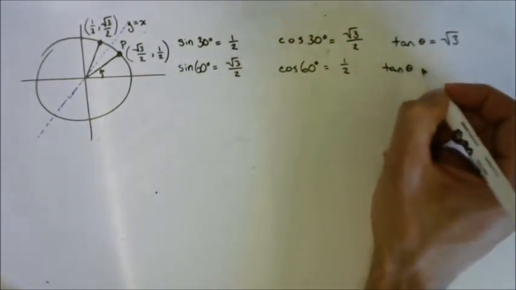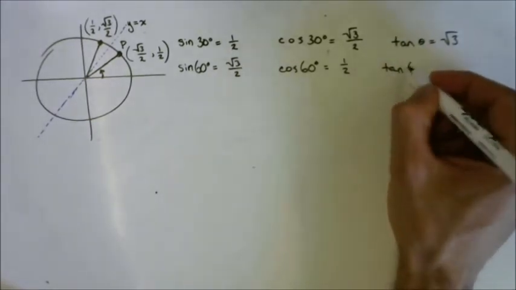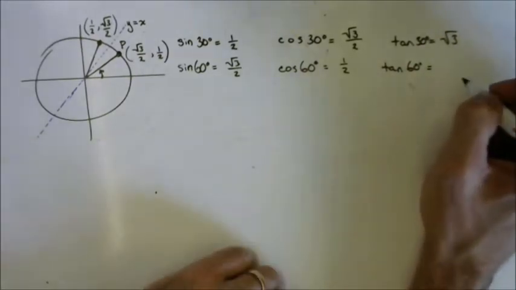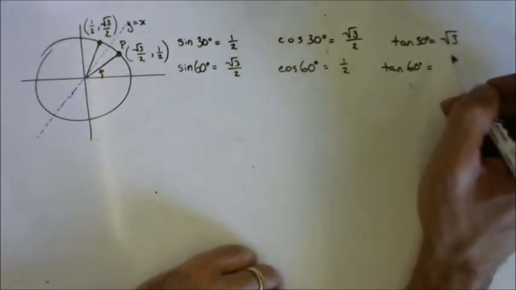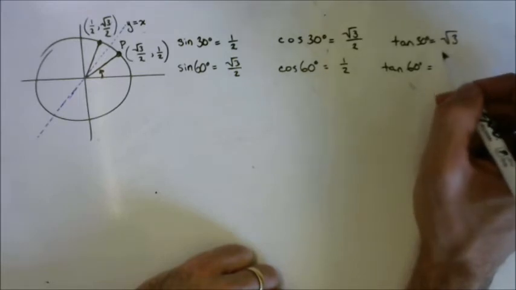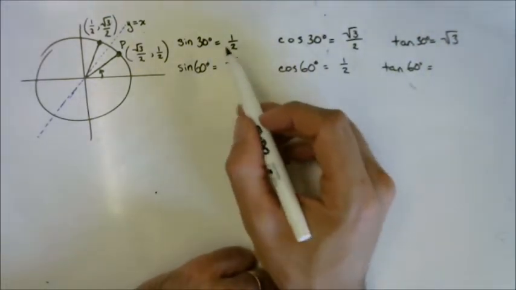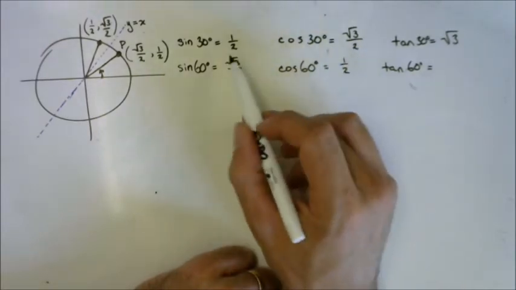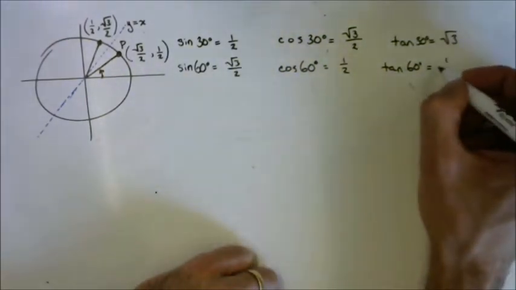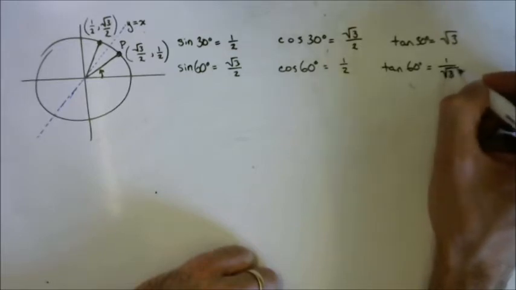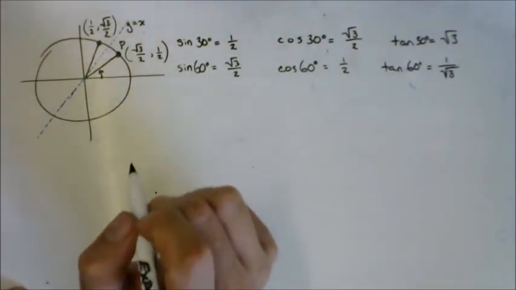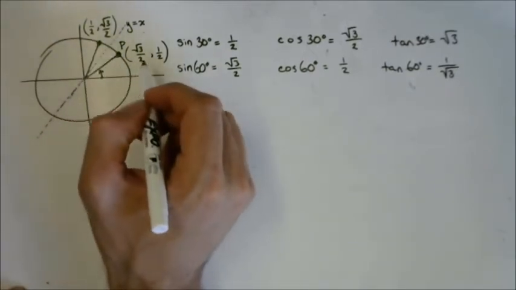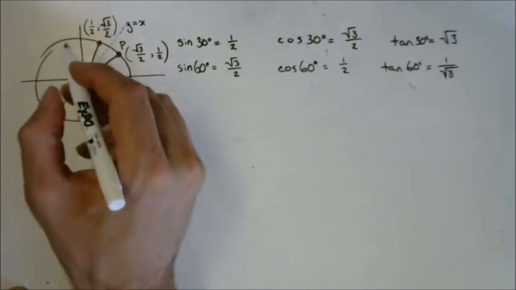And now our tangent of theta, or our tangent of 60, here I should write 30, okay, it's simply going to be the inverse of the tan of 30, because instead of being sine 30 over cos 30, it's sine 60 over cos 60, which was just a flip of the numerator and the denominator. We're going to end up with 1 over radical 3. And this is going to allow us to know the x and y for every